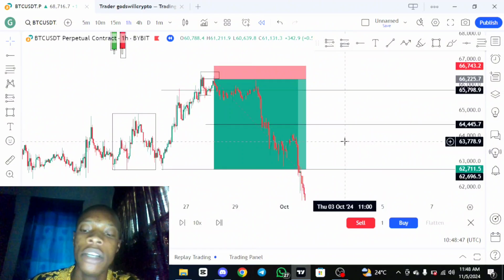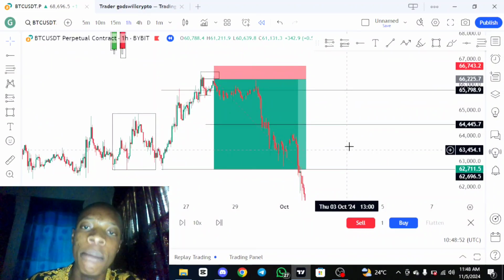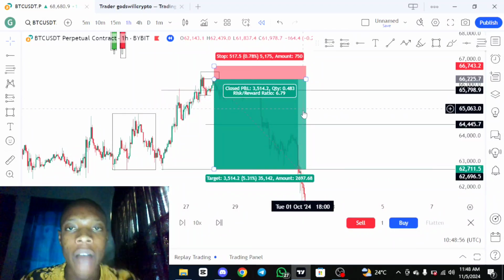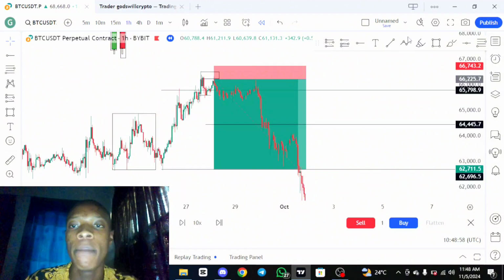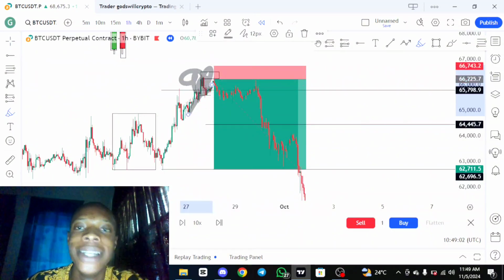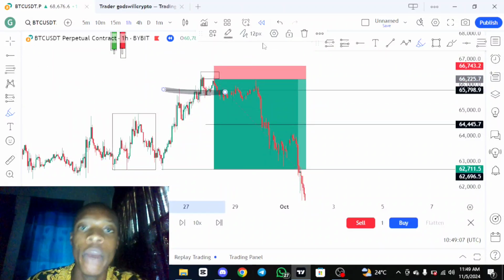The first rule is you go over to a daily time frame, then you mark out your previous day high and previous day low, then you indicate your accumulation phase, then you wait for the price to sweep the liquidity resting above the previous day high. This is the previous day high. This line I marked out. Remember, you were here when I marked it out.